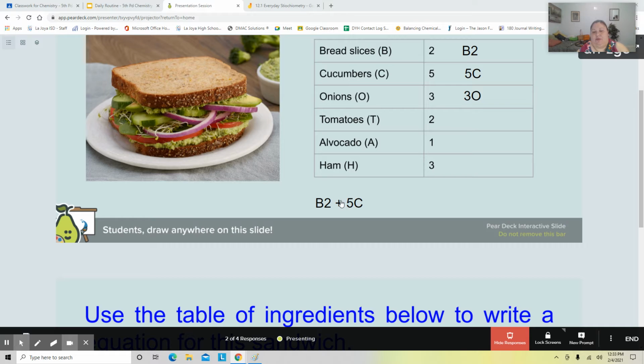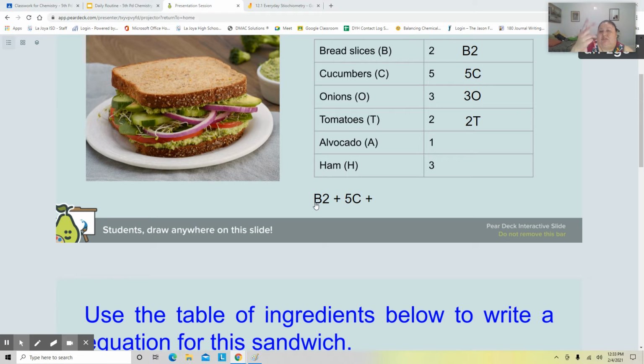Okay, so he started writing that we have 2B, 5C, plus, remember, 2B, not B2. 2B as in boy. The 2 needs to go in front of the letter B. That's the only thing I see wrong. Okay, B as in boy, plus 5C, plus 3O, plus 2T,